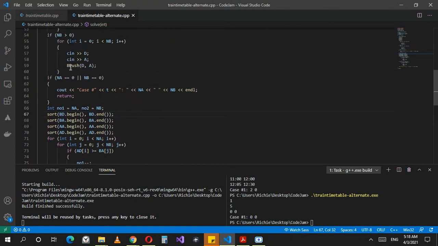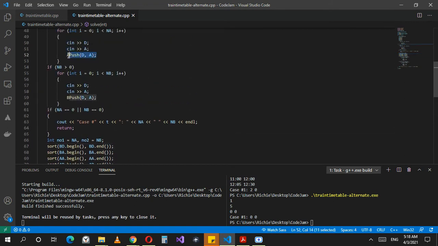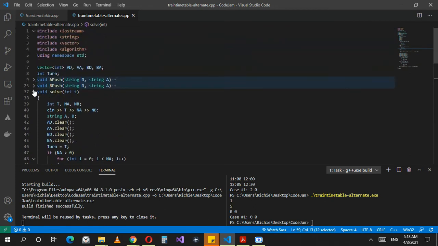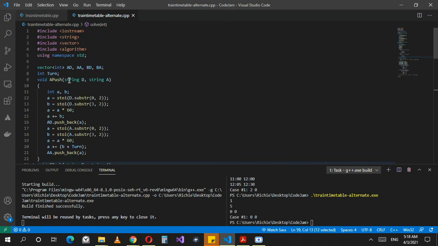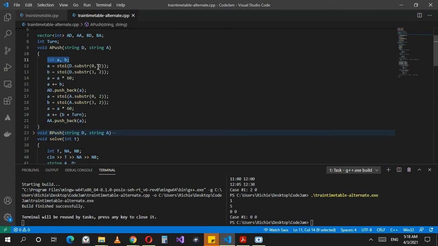And actually, I didn't show you what's going on in A push and B push. Let me just get to A push. So I'm going to be passing in the two time strings, departure and arrival. I have two integers. I'm going to take the hours and minutes separately in A and B. So it's HHMM format. A is going to take HH and B is going to take MM.